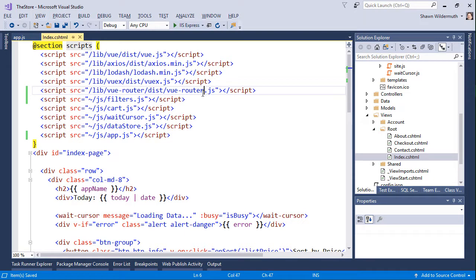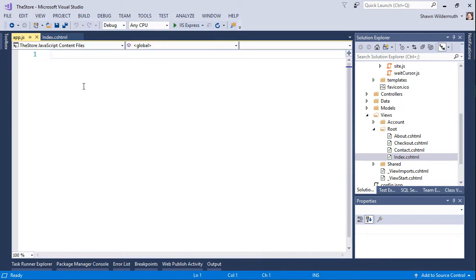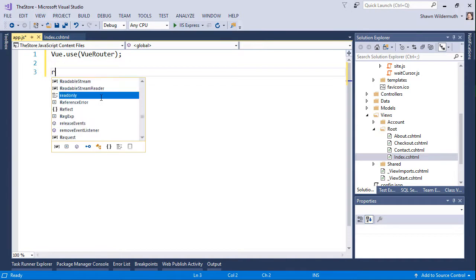Now that we've included Vue Router and pointed to our new JavaScript file, let's start by just saying Vue.use and passing in VueRouter. Just like we did with vvalidate and Vuex, we're going to add the Vue Router as a plugin to Vue. Once we have this, we're going to need to do a couple of things, but let's first create an object